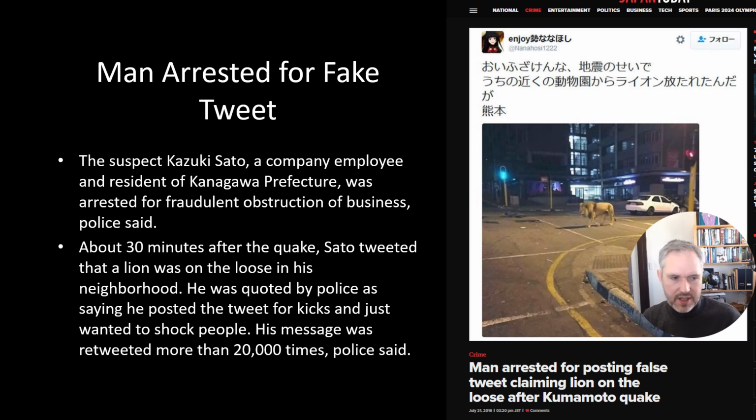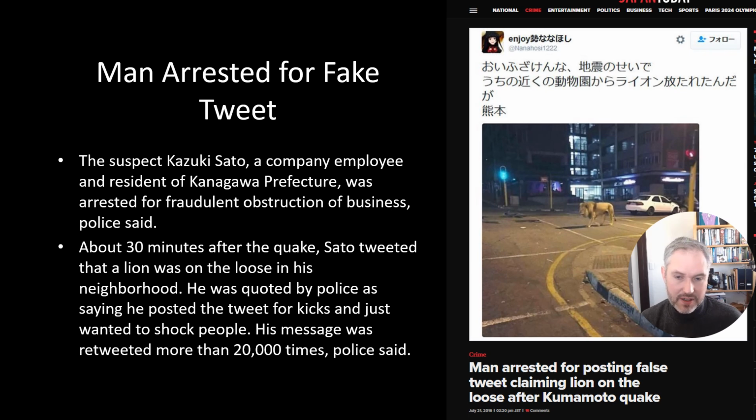people had believed it. Now the problem with this is that, first of all, people were too quick to believe that this was true. And if you look closely and if you're familiar with Japan, you can tell that that photo is not taken in Japan. But also, Sato was being a bit silly. I mean, maybe he didn't deserve to get arrested. I don't know. But he should not really have made a joke about that